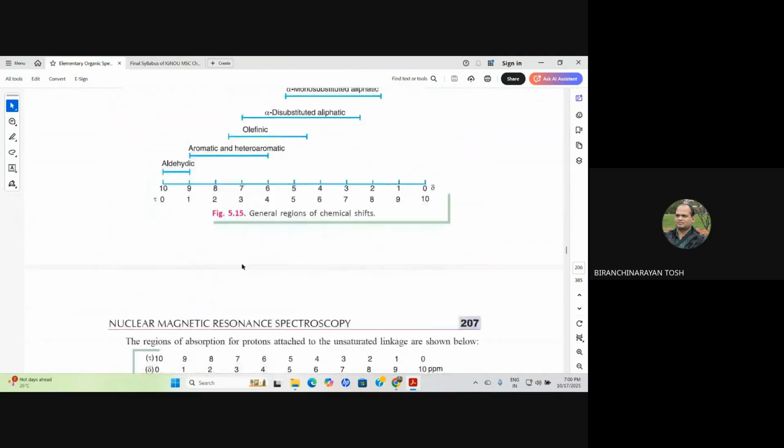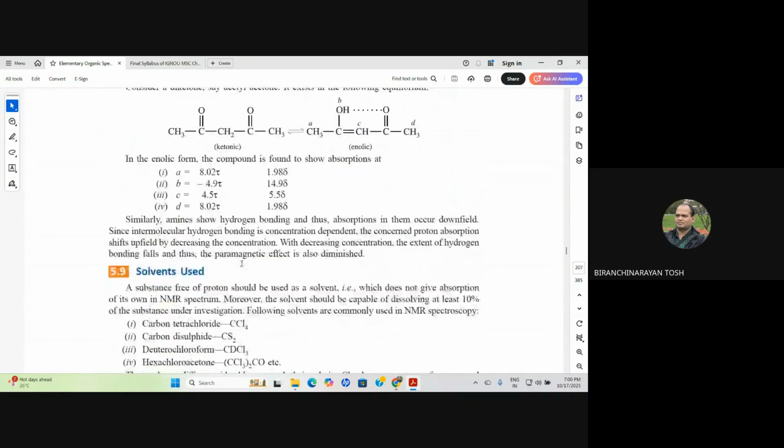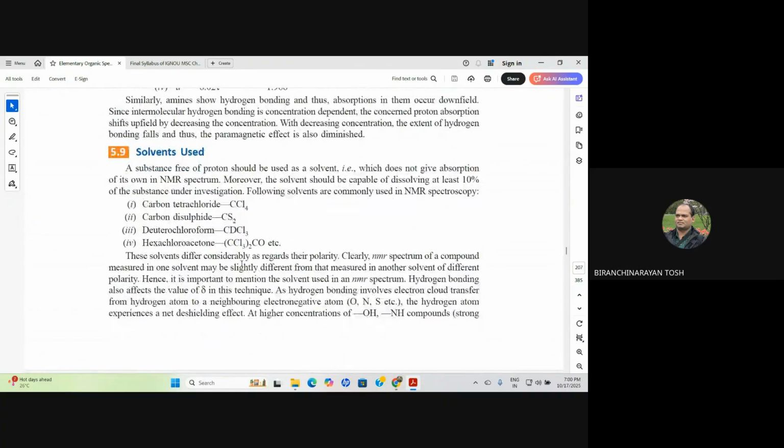Other factors which affect this, that is hydrogen bonding. The solvents which are used in NMR spectroscopy should not contain protons. If hydrogen is there, then it should be deuterium, not hydrogen, because a proton absorbs in the NMR region, the radio wave region. But in deuterium, there is one proton and one neutron. Now the mass number is even, so it does not absorb or make resonance with the